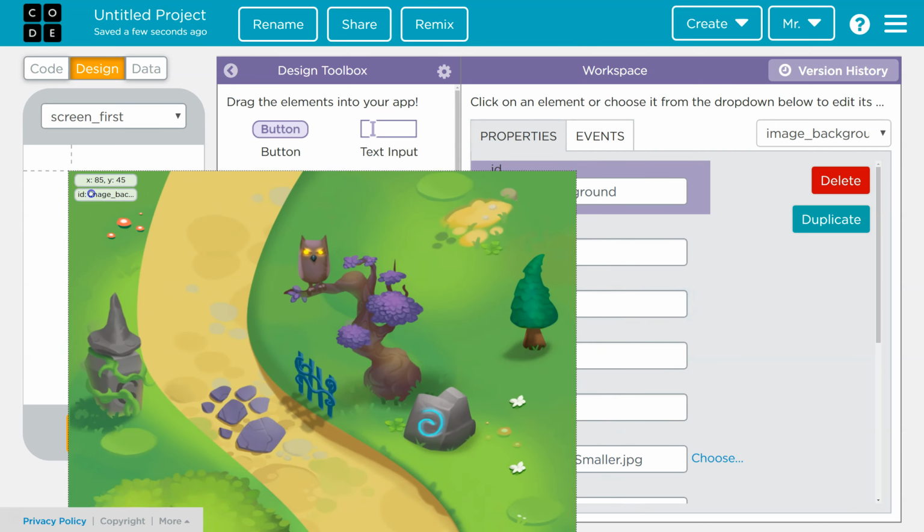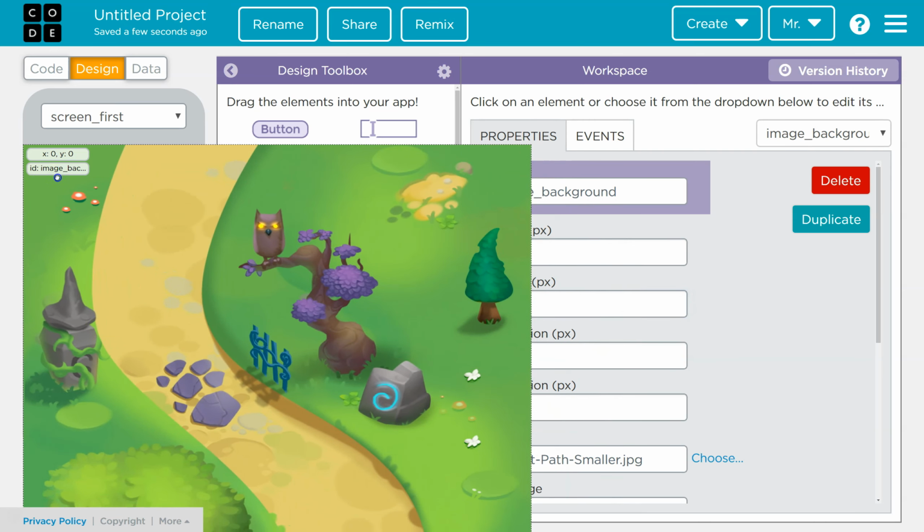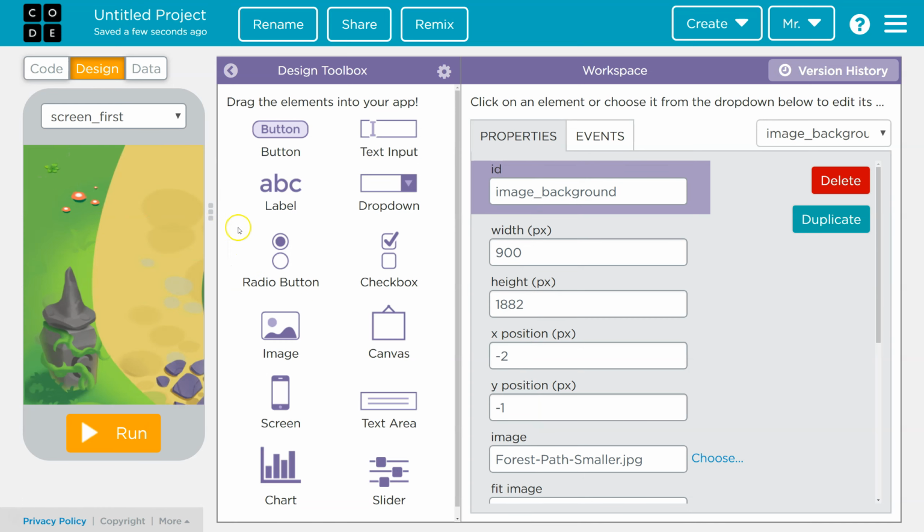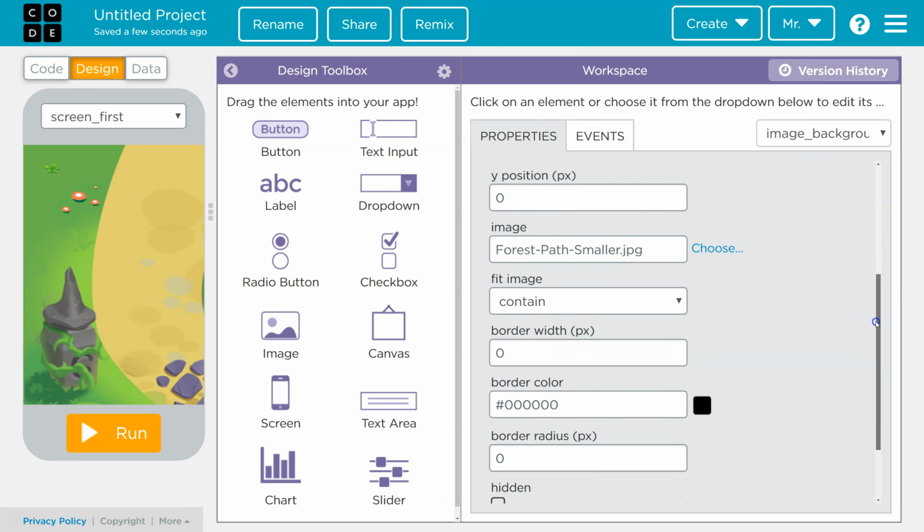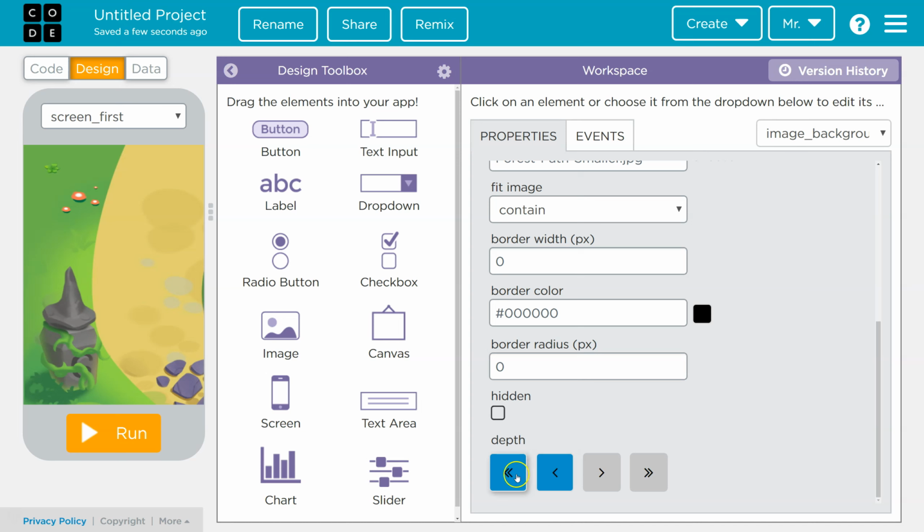And then we want to drag it so the upper left-hand corner is right in the upper left-hand corner of the screen. So we won't be able to see most of it, and that's okay. Now we see the ninja is hidden behind it. So we've got to move this background image to the background. So again, we select, move that back there. We have the image selected. Let's scroll down here under Properties. And then the depth, we're just going to hit this here to send it to the back. And there we go. So this is the furthest back,